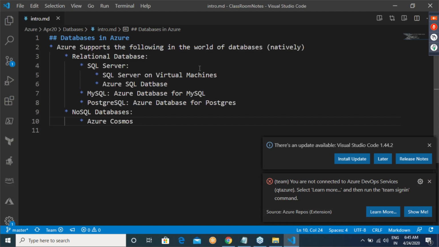Am I clear on this? So, if you want to understand the different product lines which Microsoft has with respect to databases, we have SQL Server, MySQL, Postgres, and then for NoSQL databases, they have Azure Cosmos.